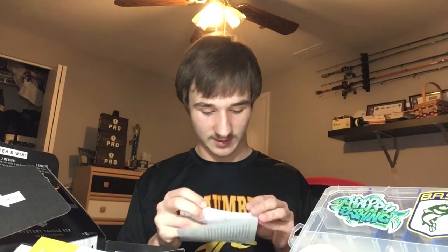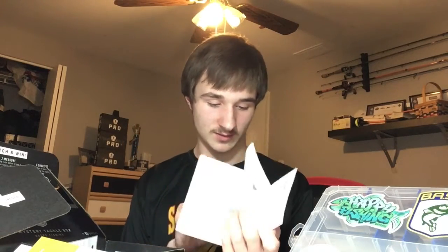Let's see, what else do we have in here? This thing that always has the word search, which is fun to do while eating breakfast. And the tips and tricks. So we'll read that when we get a chance. Ooh, talks about the spawn, which is what some of the lures we're going to be using today are for. Pretty good sticker. The list of everything that comes inside the box for the month. It's always very important, so you know that you're getting more than what you pay for, really, which is